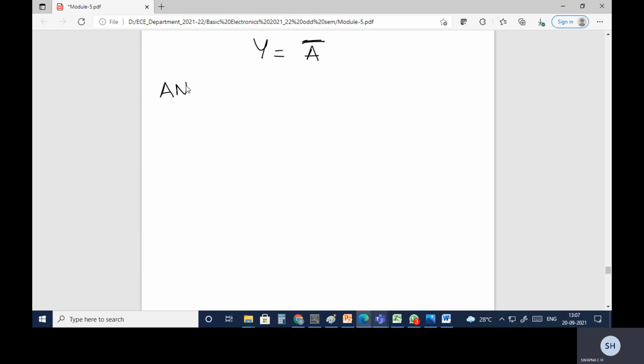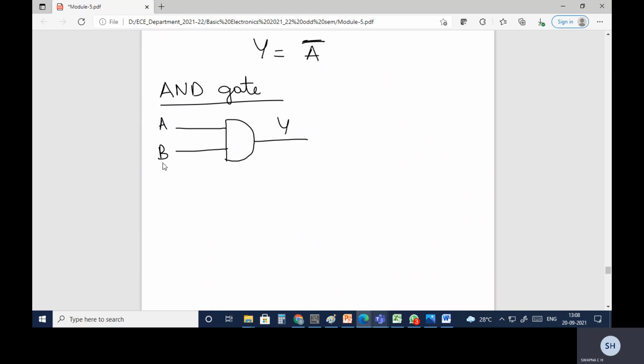Next gate is nothing but the AND gate. The symbol for the AND gate is a straight line and a circle, and the minimum number of inputs for the AND gate is 2, and you can have more than 2 inputs also. So this is my A and this is my B and this is my Y. In the sense, only when both the inputs are true, the output will be true.